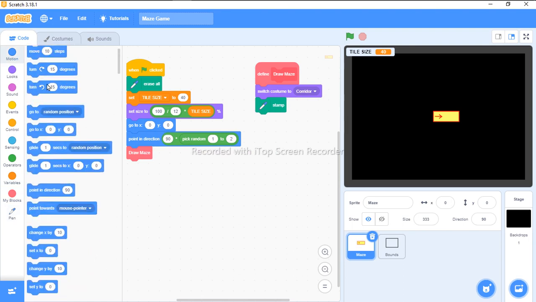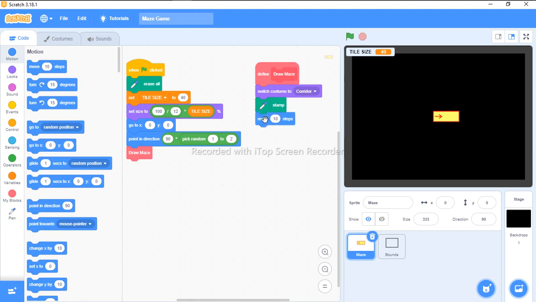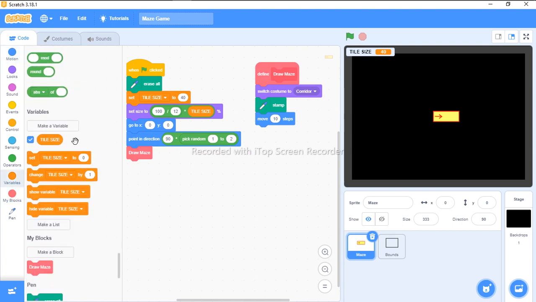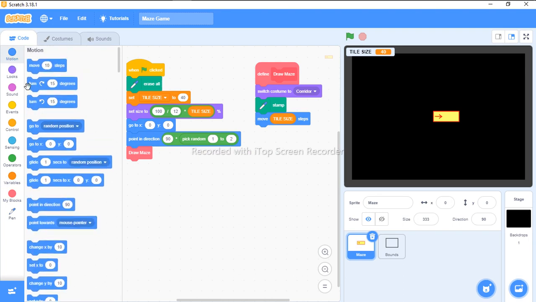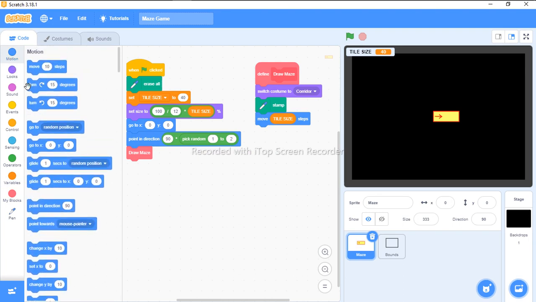So we want it to move certain steps, and the tile size is 40. So we're going to move the tile size steps. So you just go to our variables and bring out the tile size. There we go. Whatever is under it, what was there won't matter at all. Just put it in there. Move tile size steps. And then we go to our motion and pick a turn right. We're going to put this one, turn right 15 degrees, and we are going to